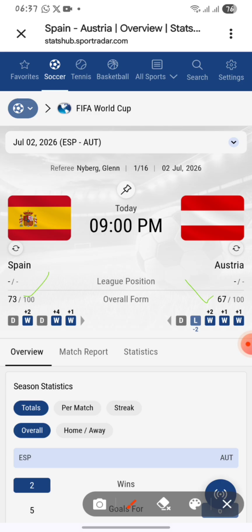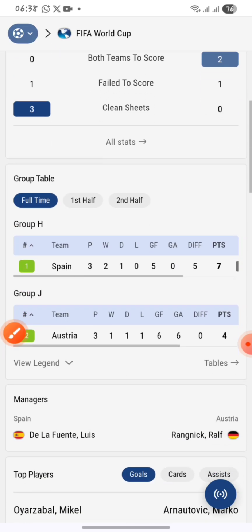So now we have 2 things that are favoring Spain. First, the amount placed on both teams. Spain has got $30 something, and Austria has got $9, meaning to say Austria has less chances of winning the game. Now, based on their current form right now, Spain has got 73% compared to 67% of Austria, meaning to say the odds are favoring Spain. Okay, let us move to their head-to-head